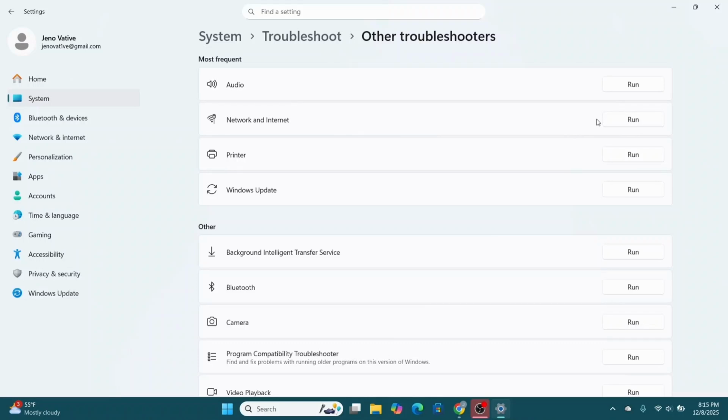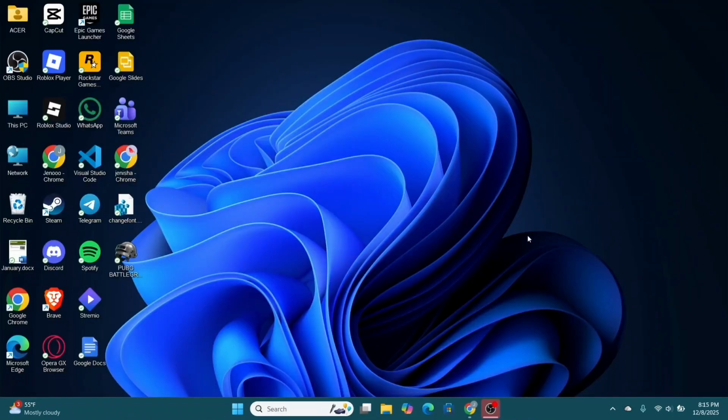And that's it. Those are some of the solutions you can probably follow up to fix that issue. And also check your airplane mode and power saving mode, and make sure both of them are turned off, and that should probably fix the network issue